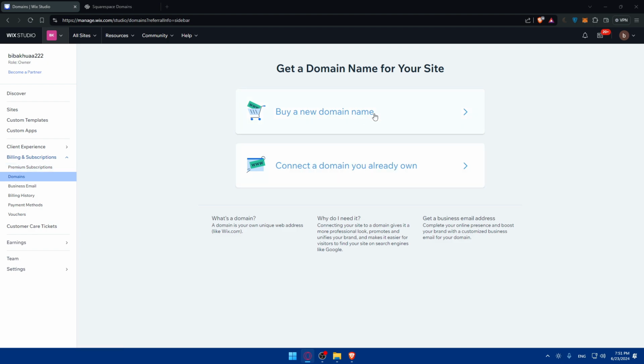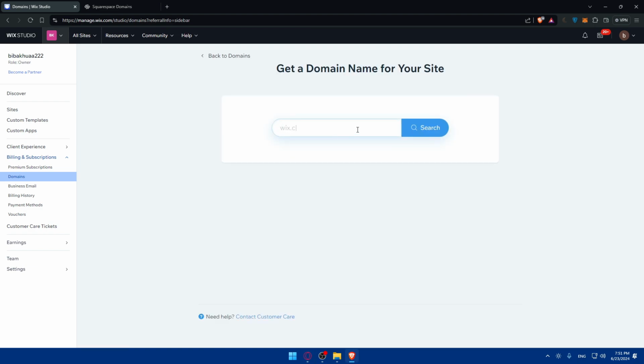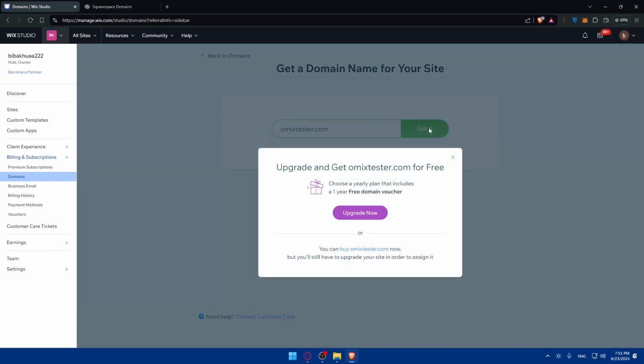Of course, as I said before, if you still did not get or you don't have a domain in Squarespace, you're just going to want to get it in Wix. You can do that by clicking on buy here. As you can see, let's even check the price of the same domain name. So let me just check Omix as an example, tester.com, and check how much the price is on Wix. So yeah, let's just click on get it as an example. So as you can see here on